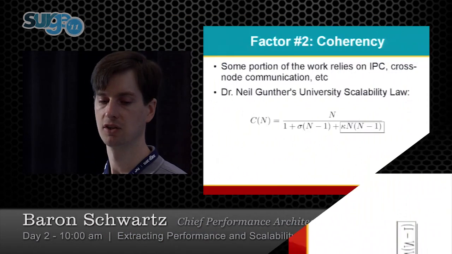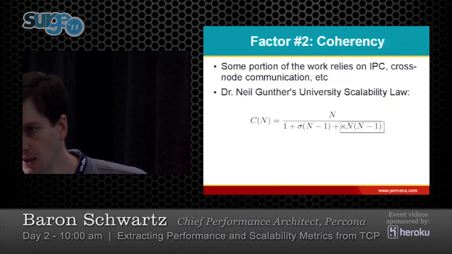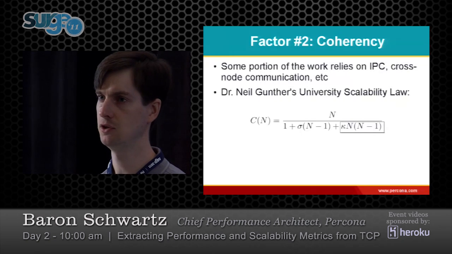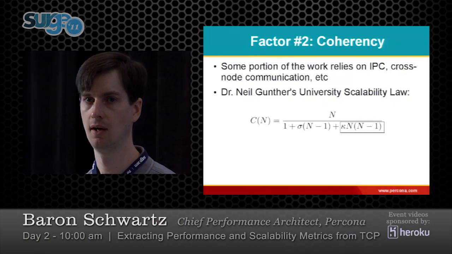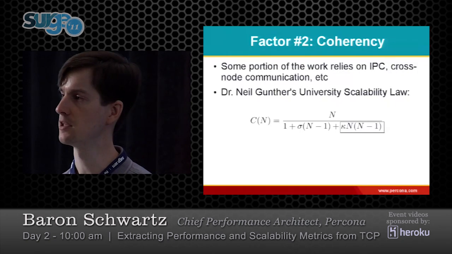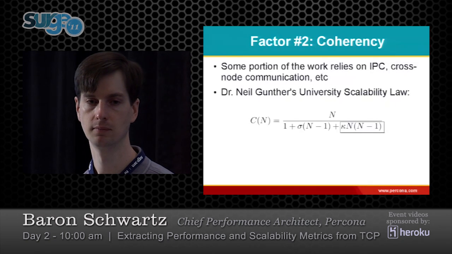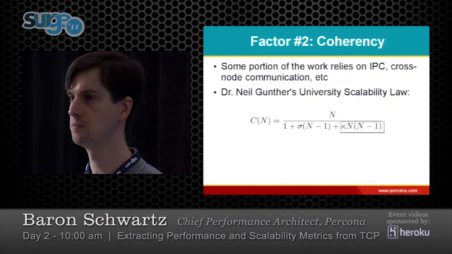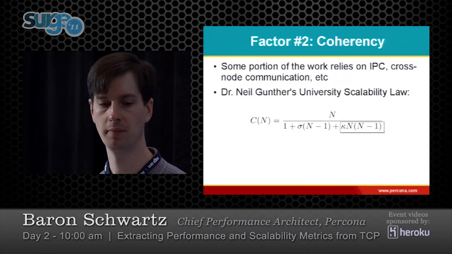So the other factor can actually just be added to the bottom of this equation, and this creates the universal scalability law, which is a product of Neil Gunther, who was here speaking last year. He's a genius, and someday his name will be as famous as many other mathematicians. But for right now, this somehow seems to be not very well known. The second factor